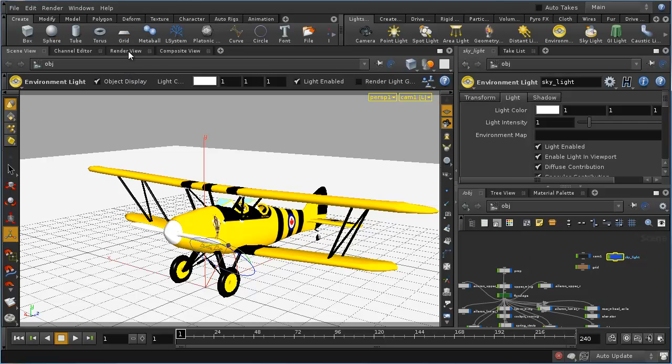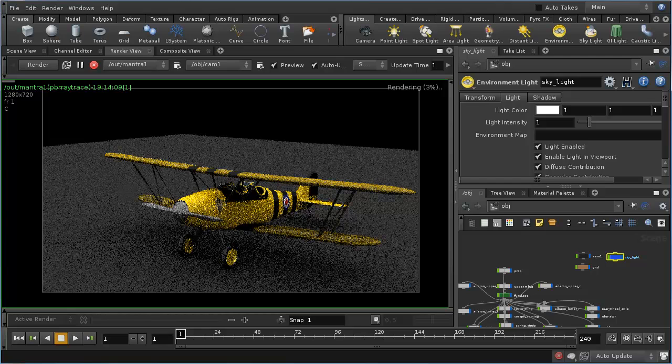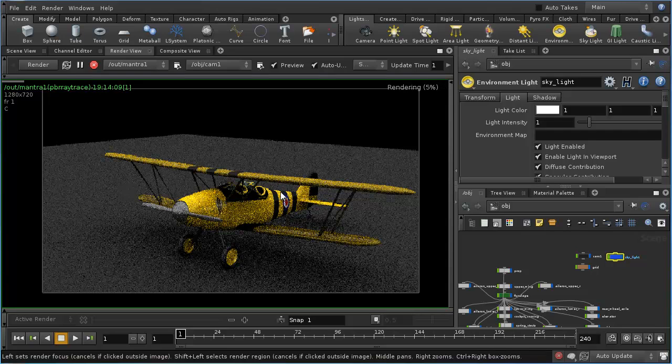Now let's have a look at a render with the skylight in. We can see that the headlight is no longer working, and we see the kind of look we're getting. It looks like an overcast, cloudy day, and that's definitely in the right direction of a skylight. What's stopping this from looking like a skylight? Well, there's two main things. One is